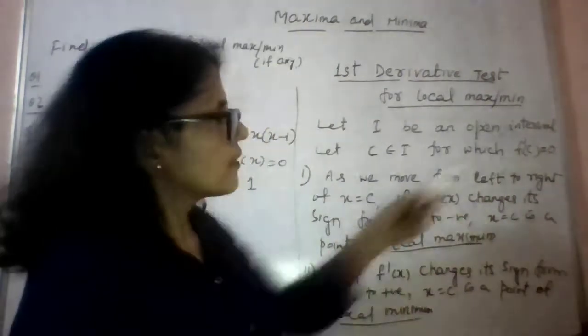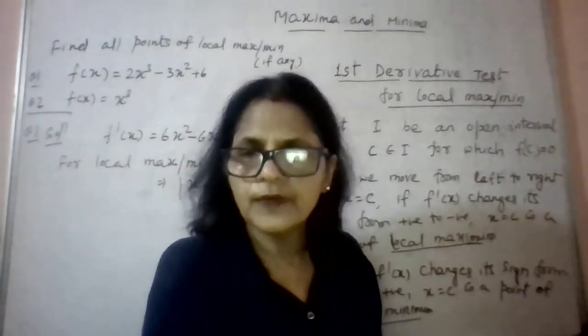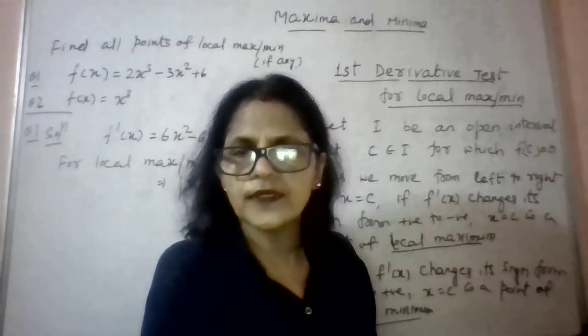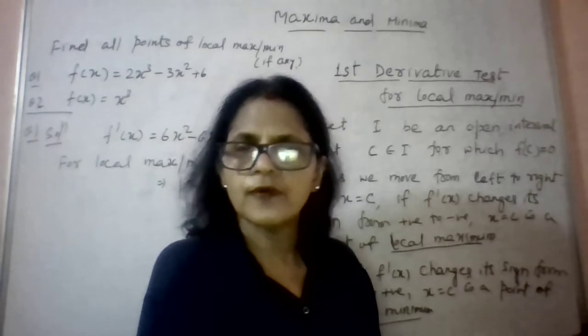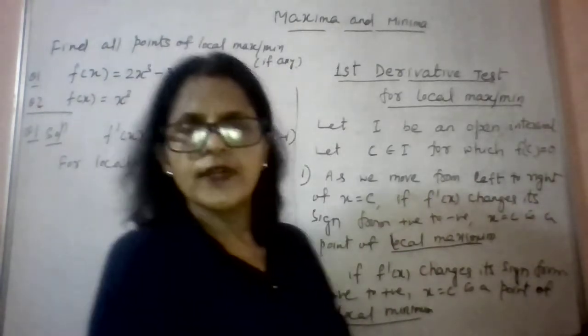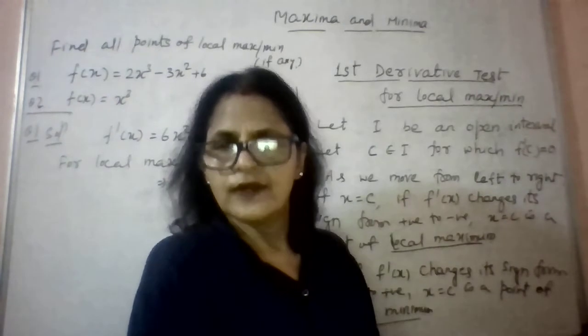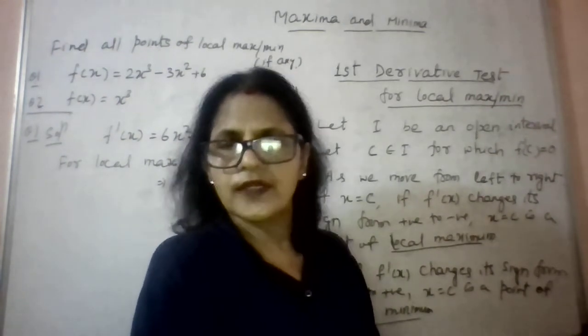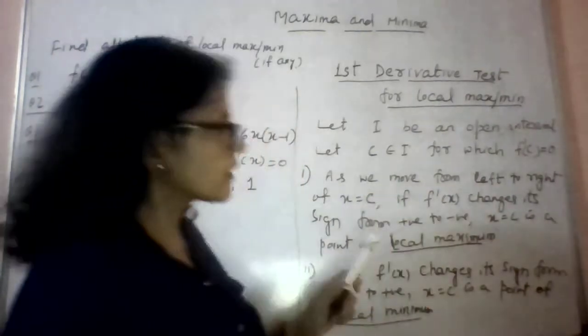Now, whenever we say f dash C equal to 0, it means x equal to C may be a point of local maximum or it may be a point of local minimum. Now let's be sure exactly whether it is a point of local maximum or local minimum. So to test that,